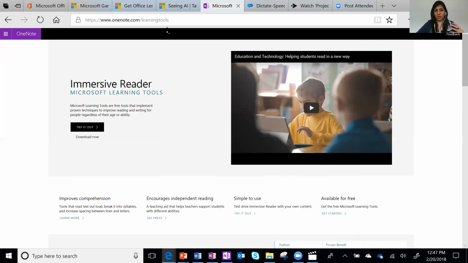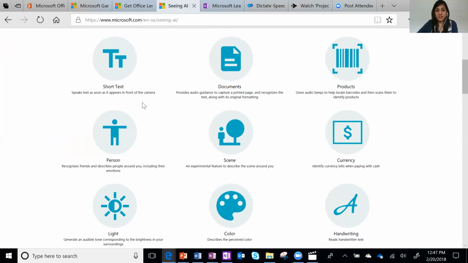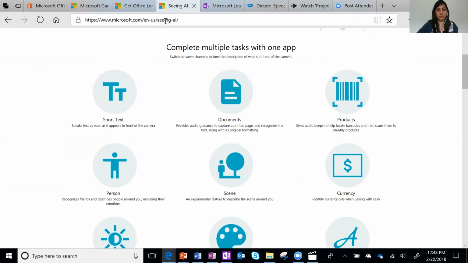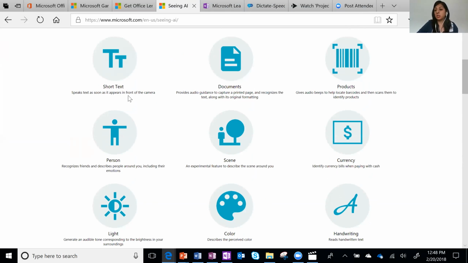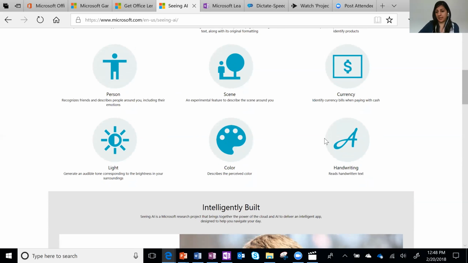But what I would say is, if the student has low vision or blindness, Seeing AI might be a better experience. It's designed by our engineers who are blind, and what they did is, you don't even have to take a picture. You just have your camera in short text mode, and the minute it sees short text, it starts reading out the text to you. So it's designed for people who are blind, considering the fact that taking images is really hard if you're blind. It doesn't even tell you to move. It just finds whatever's in the scene of vision. So if you were out and had a menu or something like that, you could literally just hold it and scan. Yeah, that's brilliant. It now does handwriting recognition as well.